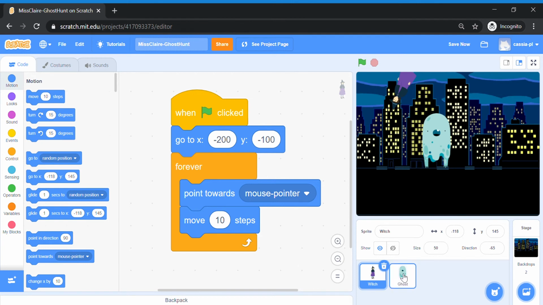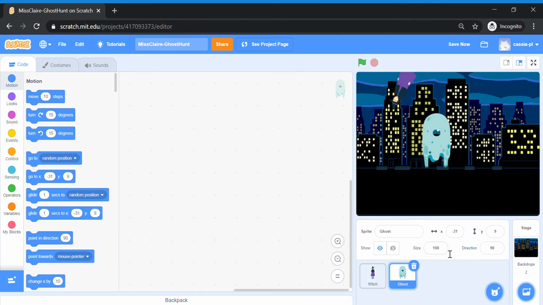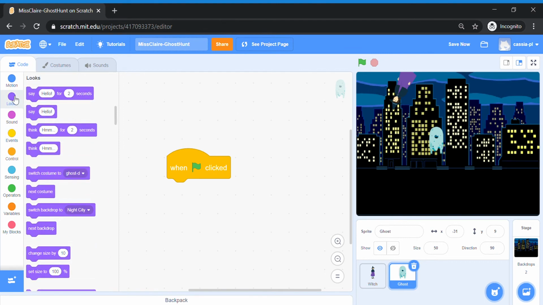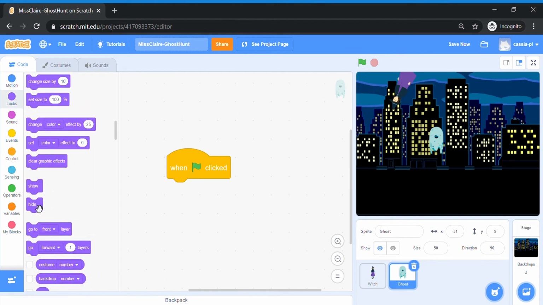Let's go to the ghost. Click on ghost. Change the size, too big. So let's make it about 50. Very good size. Okay, and then we're going to start coding for the ghost to glide randomly around. So let's start with this. When green flag is clicked for your ghost. Alright, first we are going to go to looks. We're going to hide the ghost. Hide the ghost. And then,